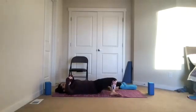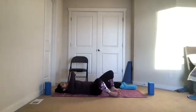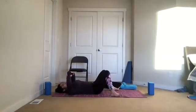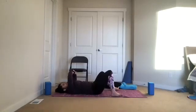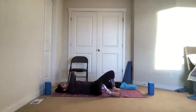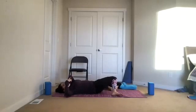Exhale, knees to one side, elbows to the opposite. Inhale, lift to center. Exhale, continue dropping your knees and elbows from one side to the other with the guidance of your breath. As you awaken your spine through rotation of your hips and shoulders,